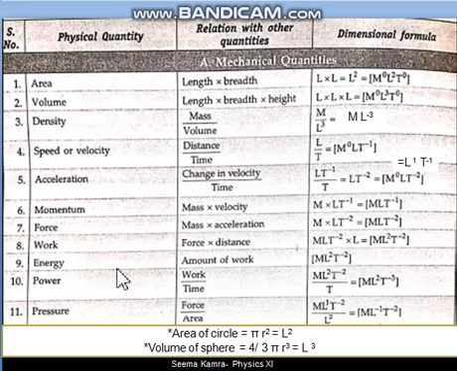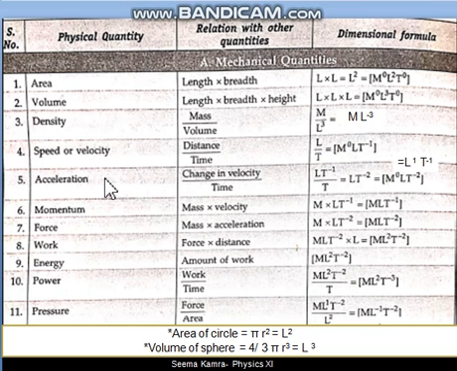Now quickly we can understand all these formulas. Speed or velocity is distance or displacement upon time. So in the numerator is length and in the denominator is time. We have to shift all the quantities always to the numerator, changing their powers to negatives. So L power 1 and T power minus 1. Remember, this velocity term is going to come many times in numericals. So the velocity formula is always L1 T minus 1.